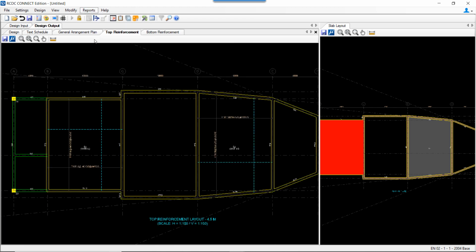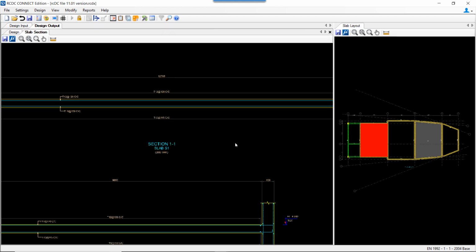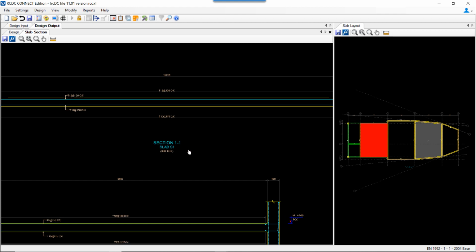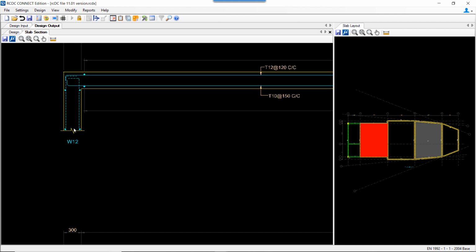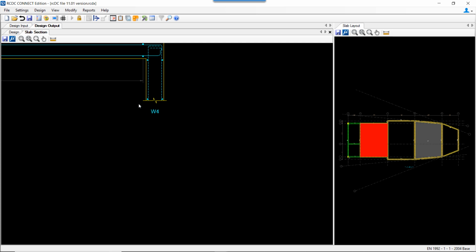Then there is the slab section. So if I select S1, wherein the section mark is already identified along long edge and along the short edge. So for section 11 for slab S1, we have a supporting wall which is wall W12, and on the right hand side we have W4.